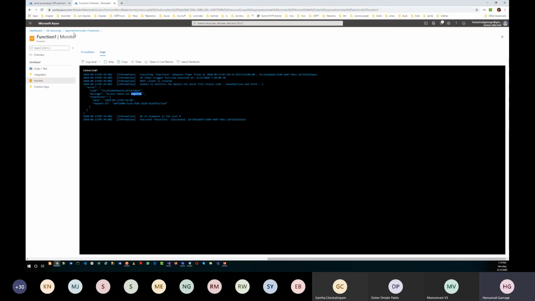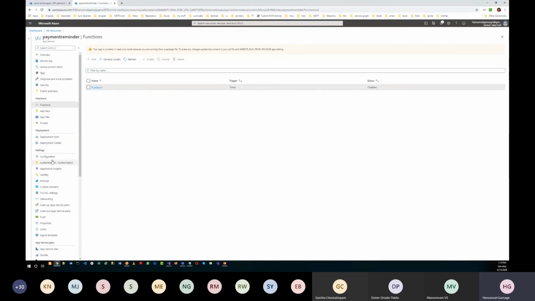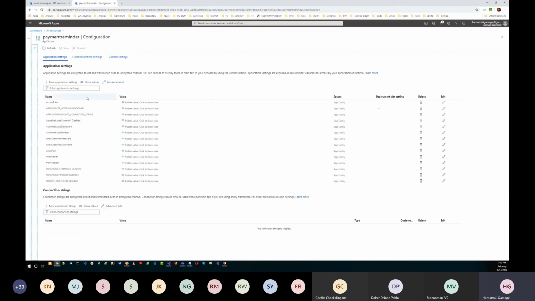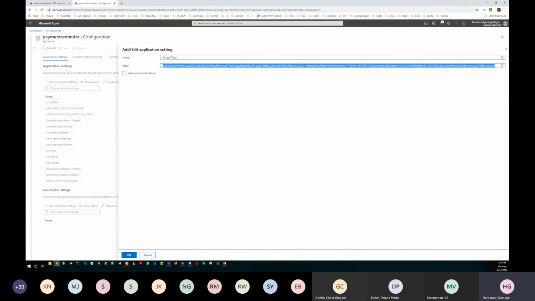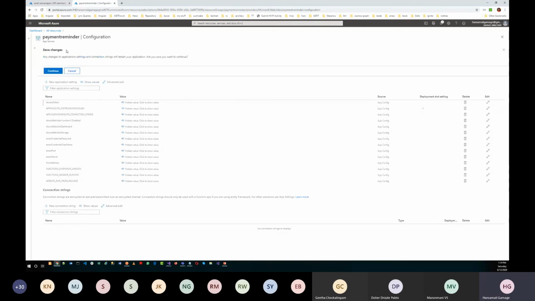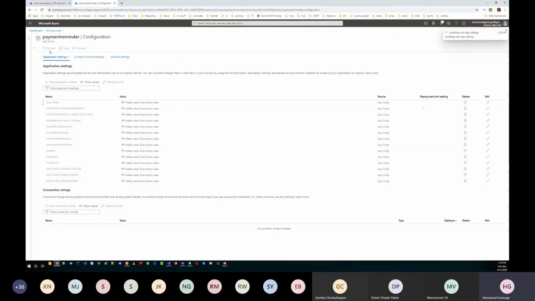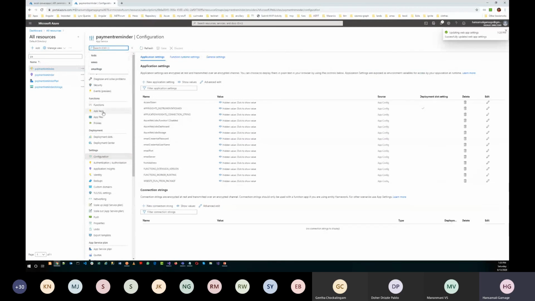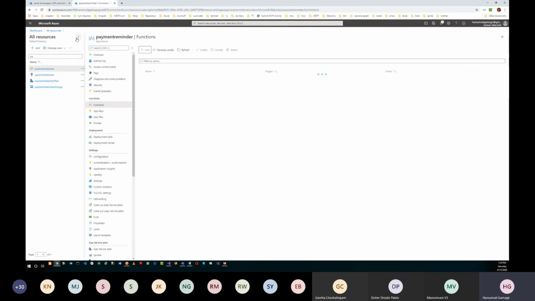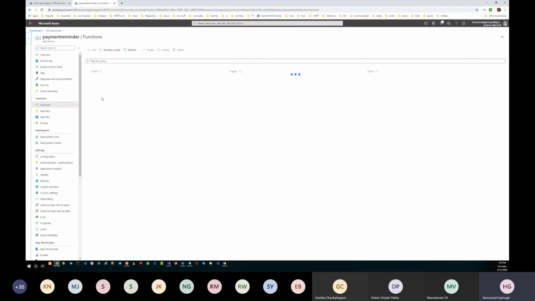I will go to the function app configuration, and then I should see the access token, edit, okay, save, continue, and then I will move to functions. It's refreshing.